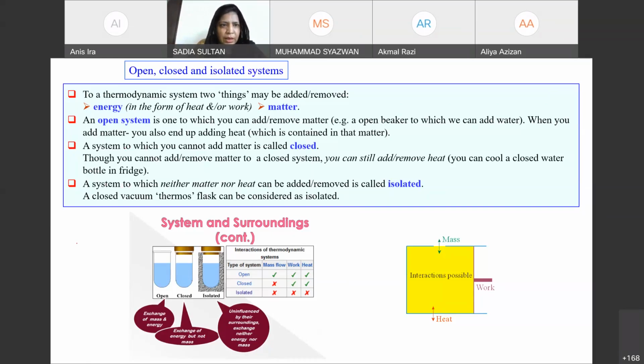the isolated system, a system to which neither matter nor heat can be added or removed. If the heat cannot be added, and the matter cannot be added or removed, then no work is done. This is called an isolated system. In the isolated system, you can see this black color. It becomes isolated. You see the thermos flask, a very good quality thermos flask, and we keep hot things in it,